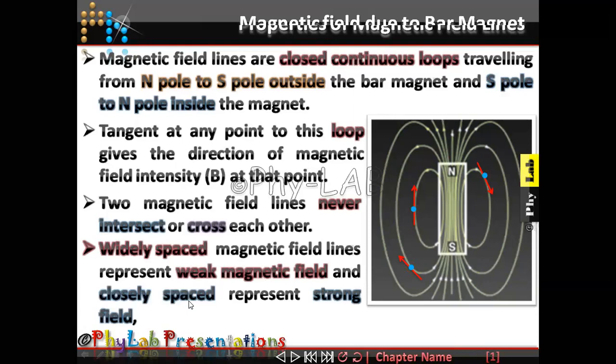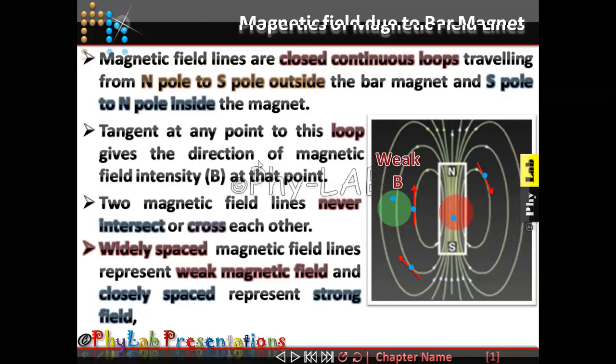So now the next property says whenever you find the magnetic field lines spaced far away from each other, that represents a weak magnetic field, and whenever they are placed close to each other, that represents a stronger magnetic field. You can see I've drawn a circle, unit circle. At this point, you can see the magnetic field lines are separated very far away, and the same size circle is drawn at another point B. So there are two points, point A and point B.